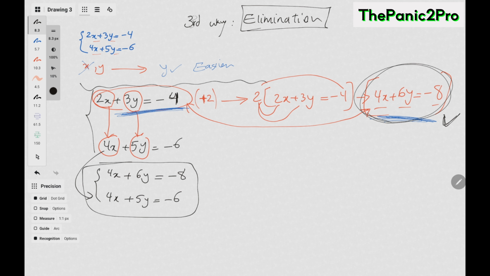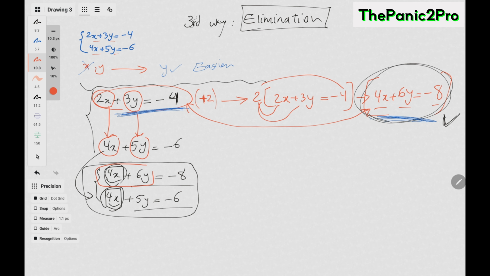Now what I have done is, I have something in common in each of them. So in top here I have 4x, in bottom here I have 4x as well. Well, the rest are different, I know, but they have something in common. How am I gonna use that common point is, I would try to eliminate this common portion from the equations. You know, we can subtract or add each side of the equations, right? What am I gonna do is,